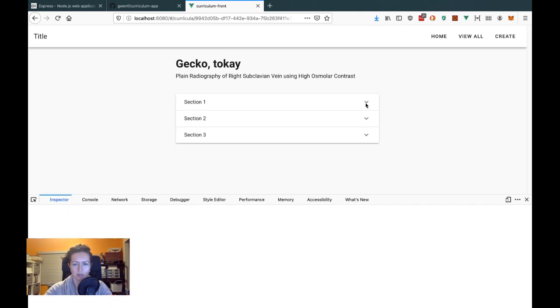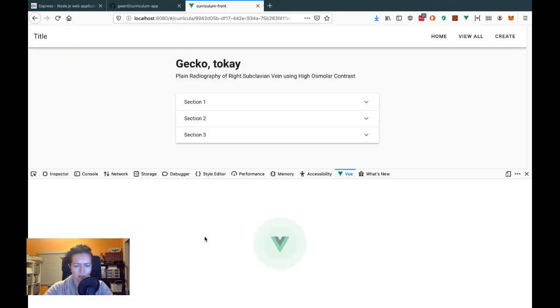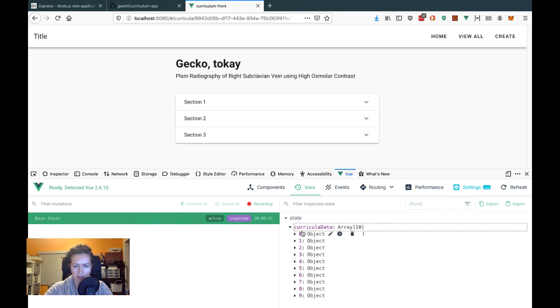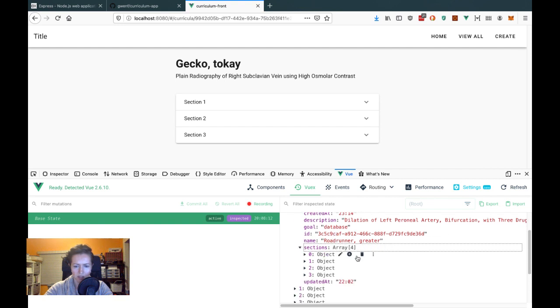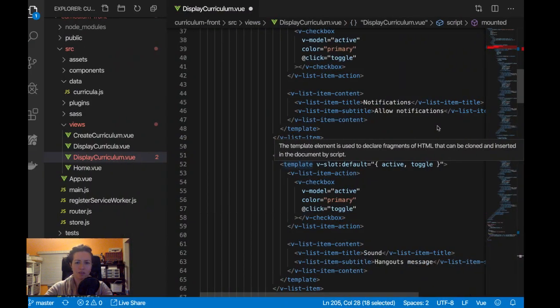Let me look at the Vue Dev Tools. I have it on Vuex, so I'm going to inspect it, curriculum data. Yeah, there's an array of sections, and inside that there's projects and resources. Okay, so if I go back here,